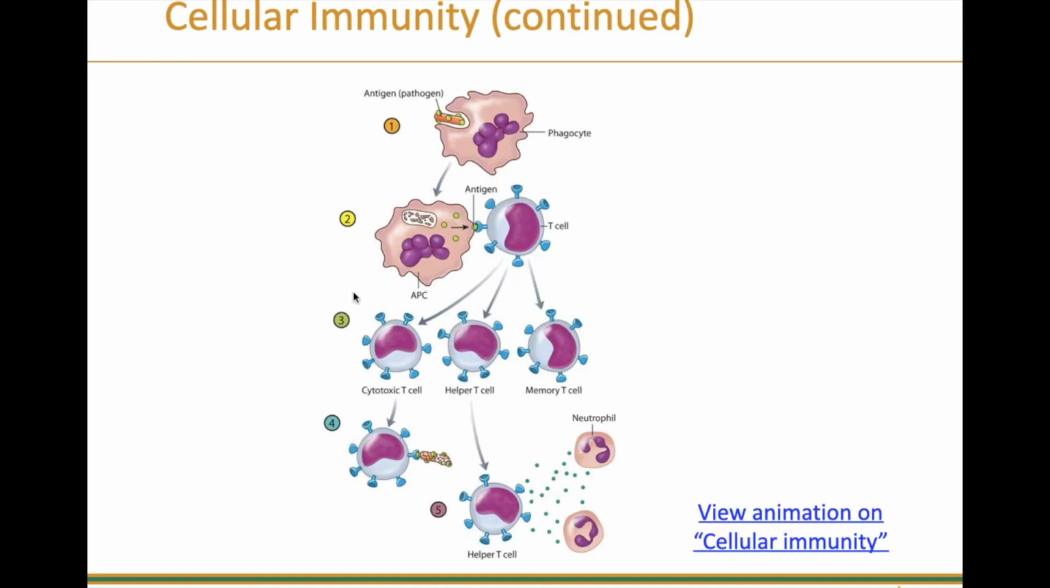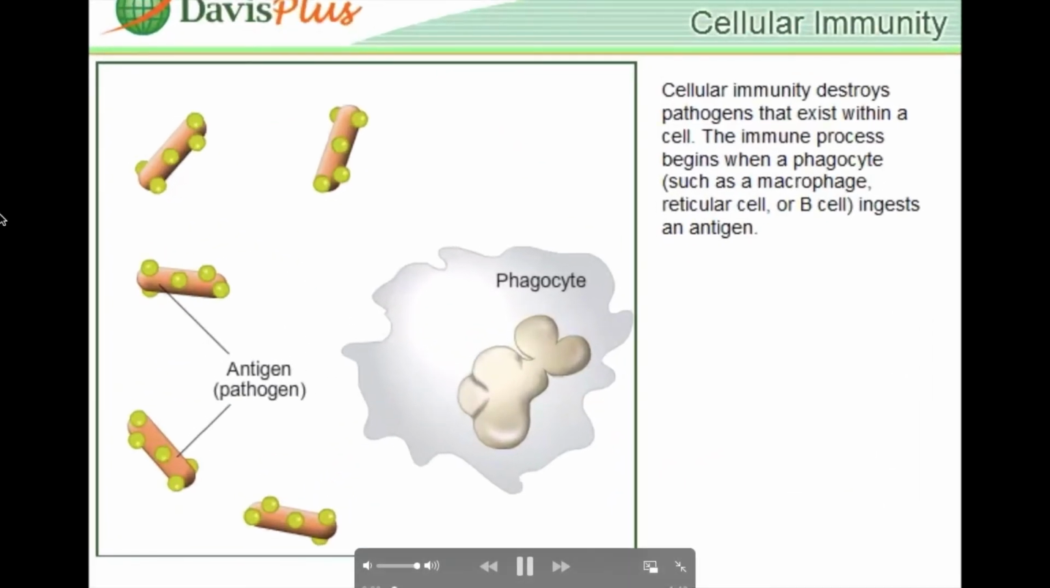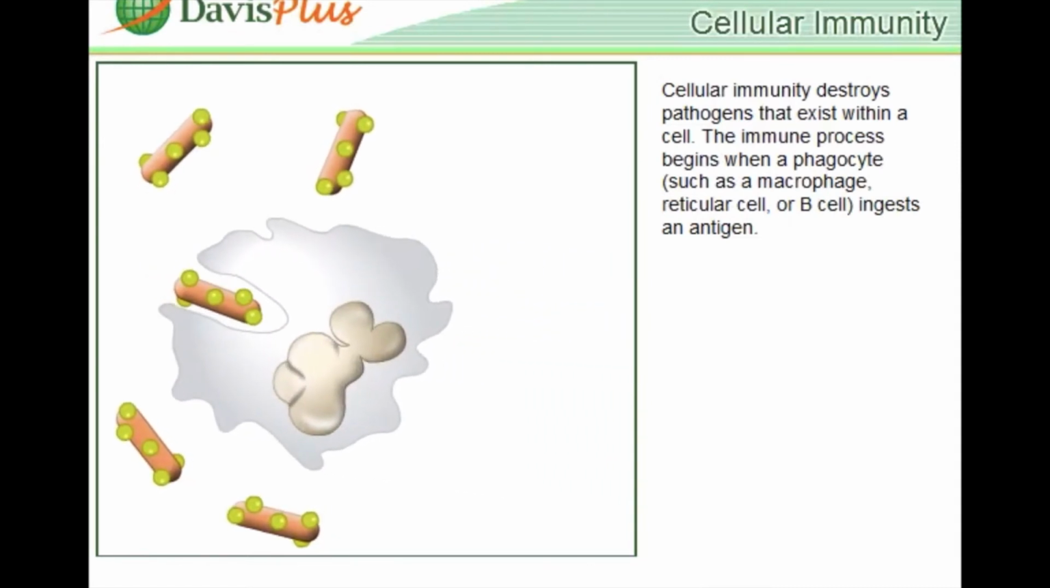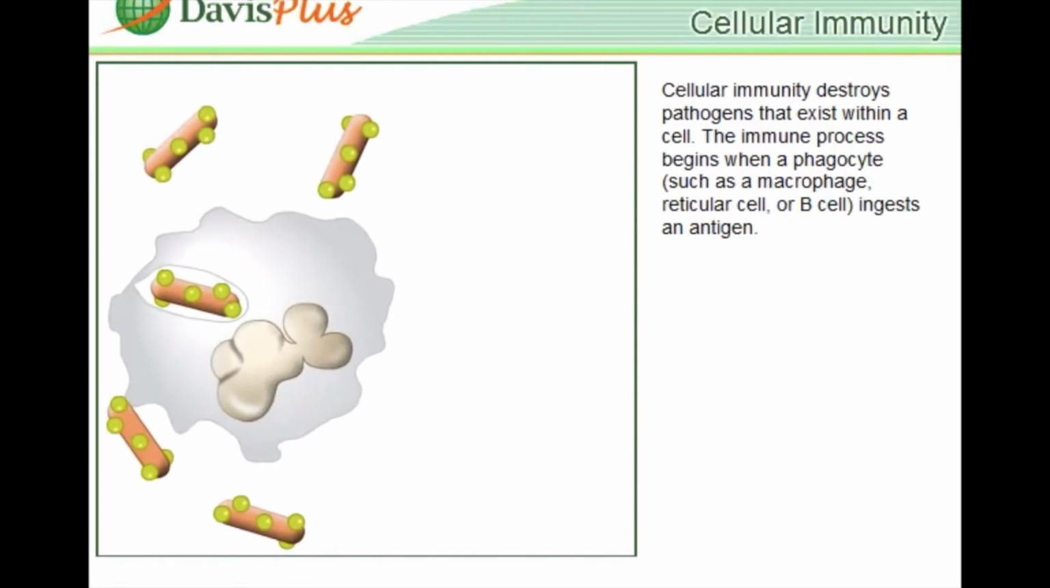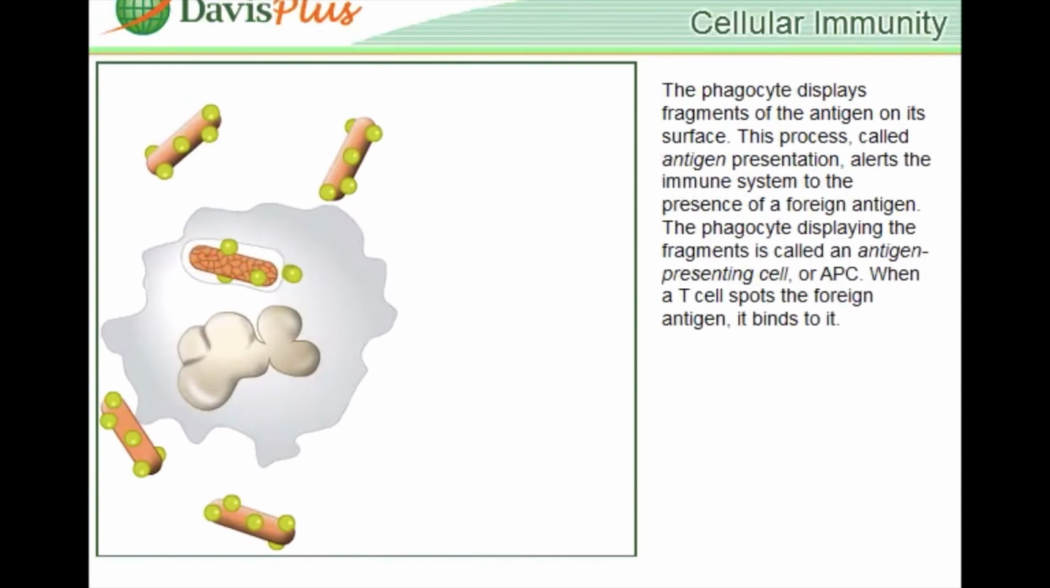Alright, let's watch the animation on cellular immunity. Cellular immunity destroys pathogens that exist within a cell. The immune process begins when a phagocyte, such as a macrophage, reticular cell, B cell, ingests an antigen. The phagocyte displays fragments